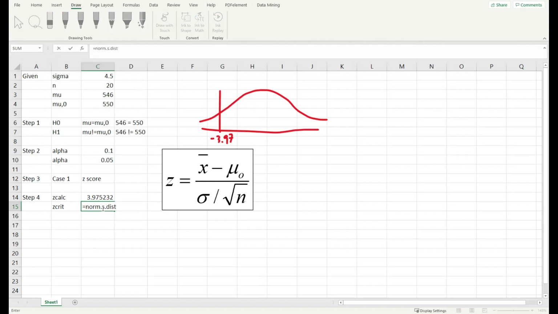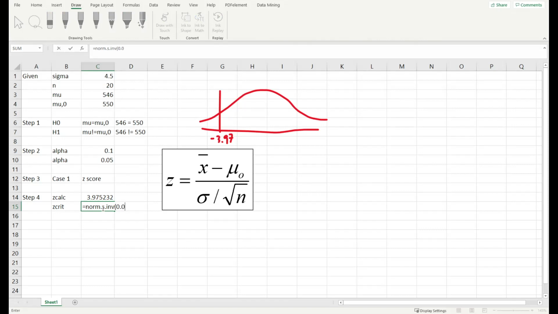And we do norm dot S dot inv. Tapos, isusulat natin yung probability. So again, si norm.s.inv is kukunin niya yung probability from the left end siya. So pag ginawa natin to, we should do